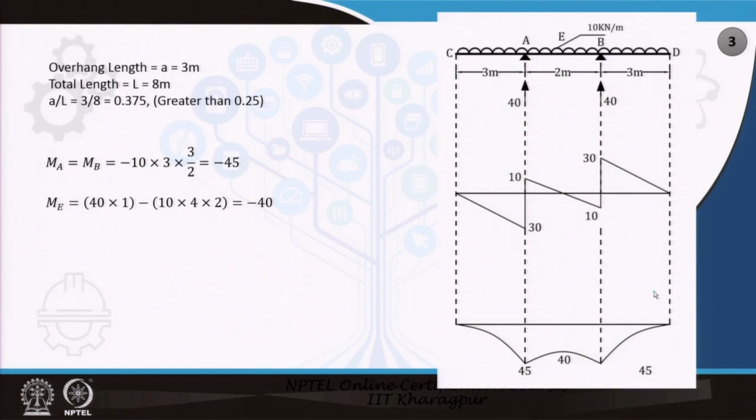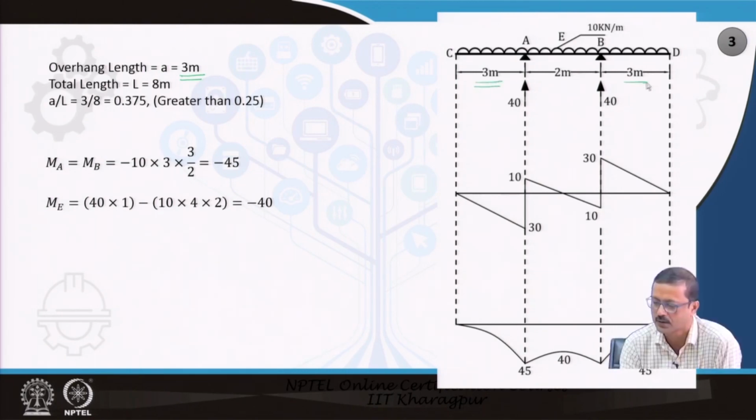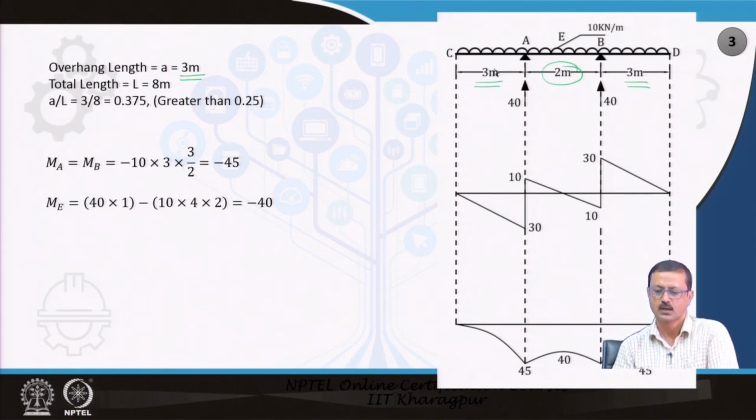The third case, you see what happened: initially it was 2 meter, then 1 meter and then 3 meter, and then I push it a little further inside. So the overhang is very high compared to your internal simply supported portion, but the reaction remains 40 because the total length of the beam remains 8 meter, no change